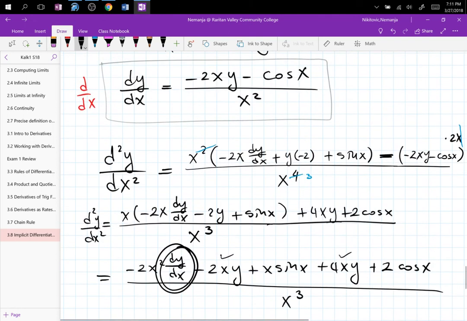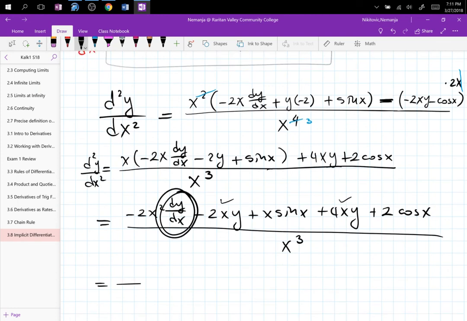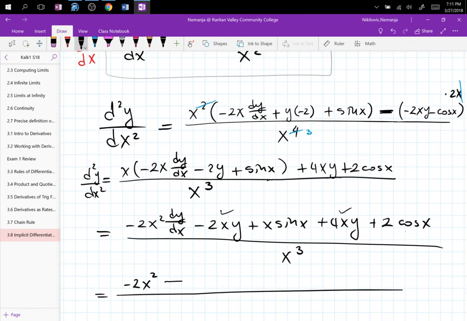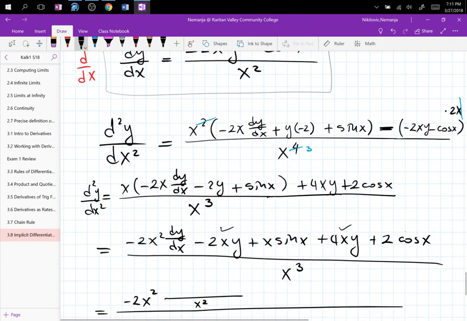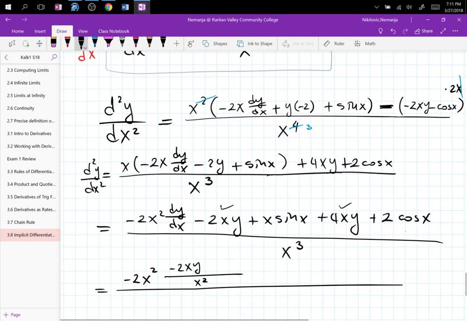Well, we know what dy dx is. It's right here. So plug that in. So we have negative 2x squared. And now instead of dy dx, I have this whole thing up there. Now look at that as x squared. They're going to cancel. So negative 2xy minus cosine x